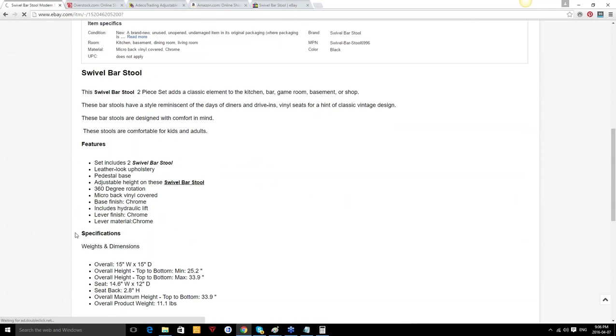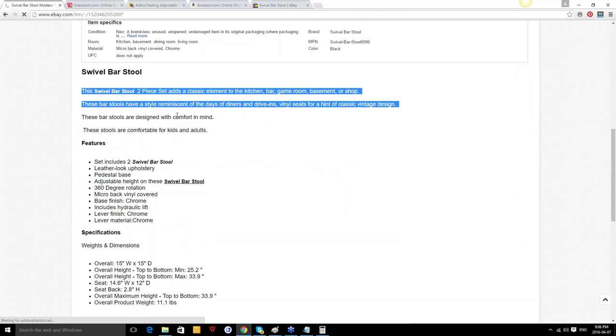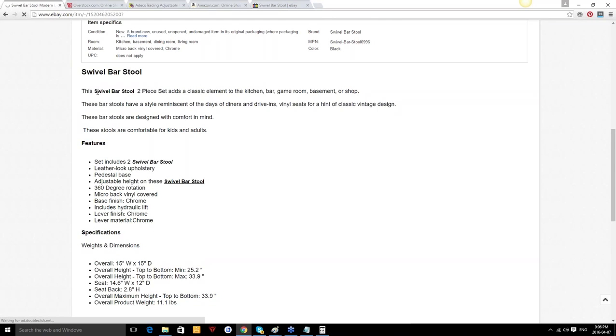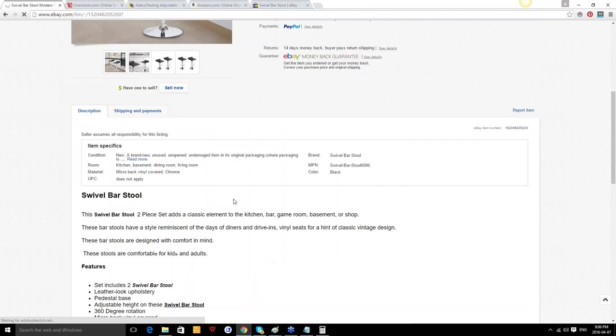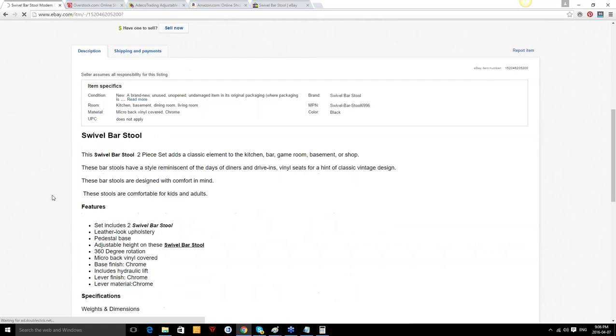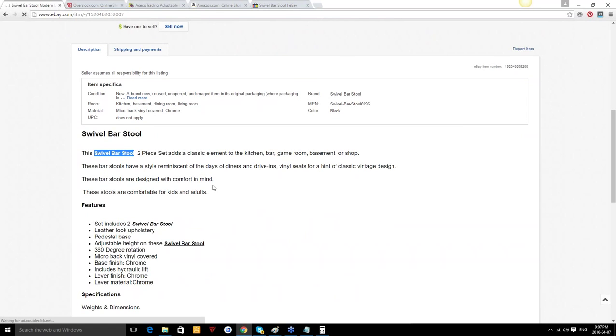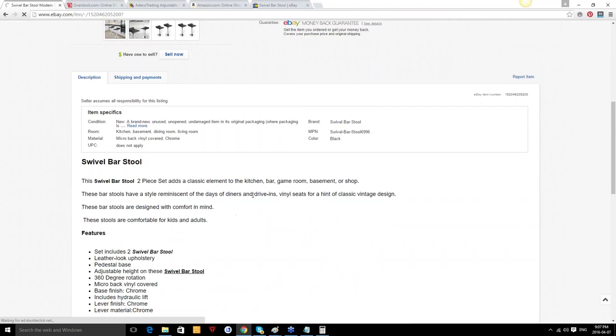But yeah, so this is what your description should look like. You've got your H2 tag, like I said, your 200-word description. Have your keyword at least 3 times, or more if you can. The more the better. You can bold it, you can underline it, and that's it for the ranking aspect. And this is what eBay is looking for. They want a lot of keywords in here. They want a lot of images in here, and